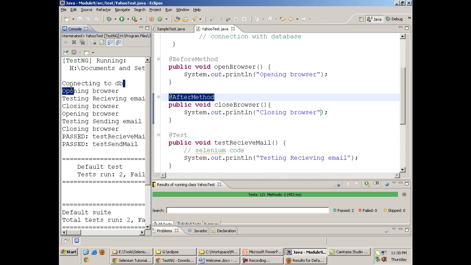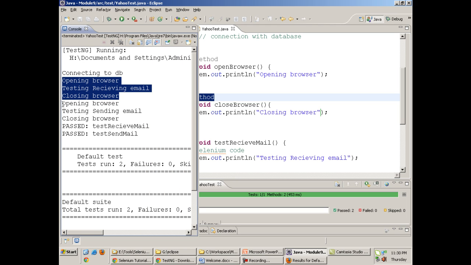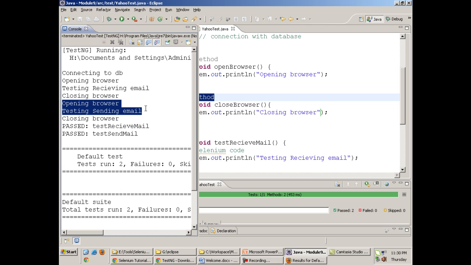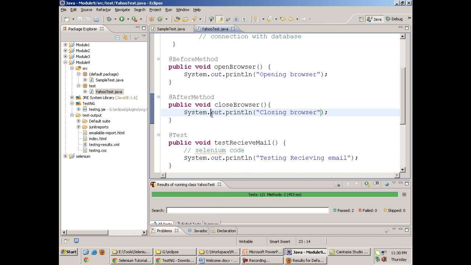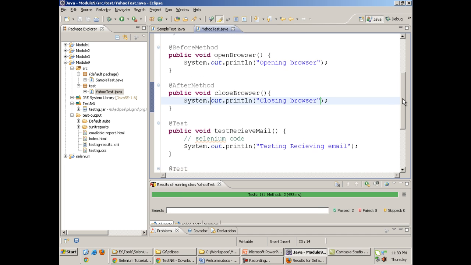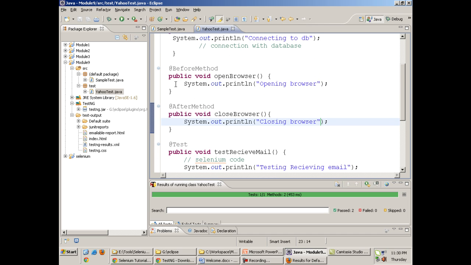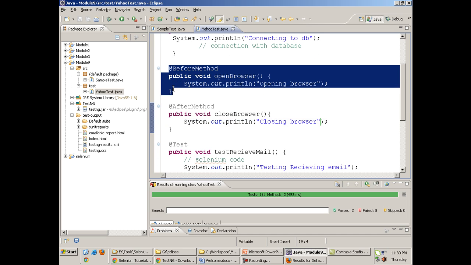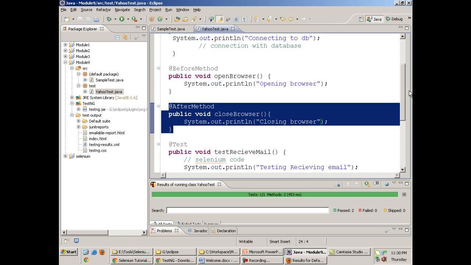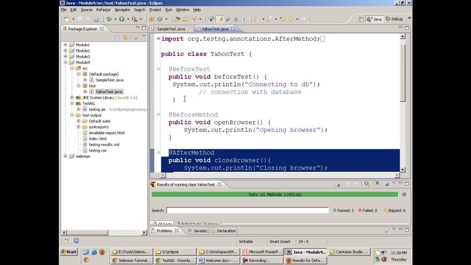First I connect to the database, open the browser, test, receive email, then close the browser again, open the browser, test, send email, then close the browser again. So that means as many times as I have test methods with the @Test annotation, that many times the before and after methods will be executed. Okay, now there is one more